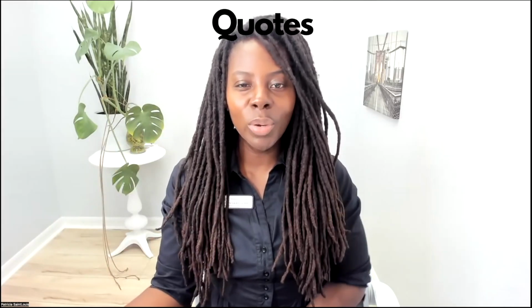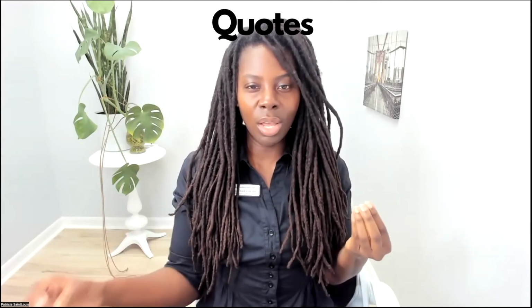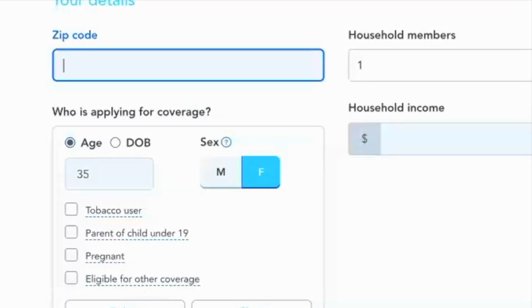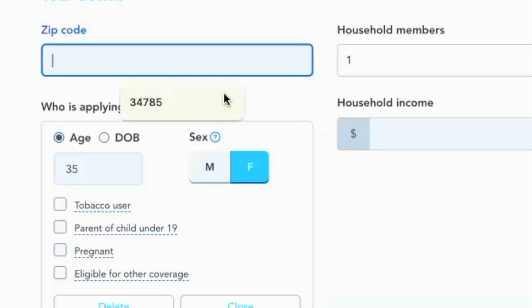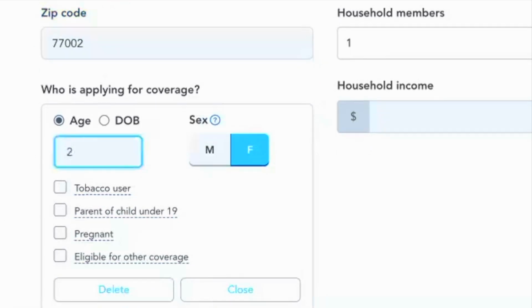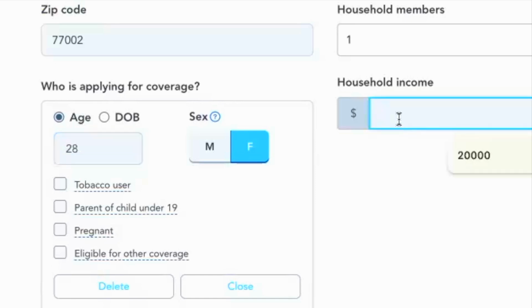Alrighty, guys. So we're going to play with some quotes so that you can see what it looks like depending on your income, okay? Let me go ahead and share my screen here. Alrighty. So here's my screen. Let's do a zip code in Texas. We're going to say this person is 28, female, and let's say it's a household of 1 person, just herself, and let's say she makes